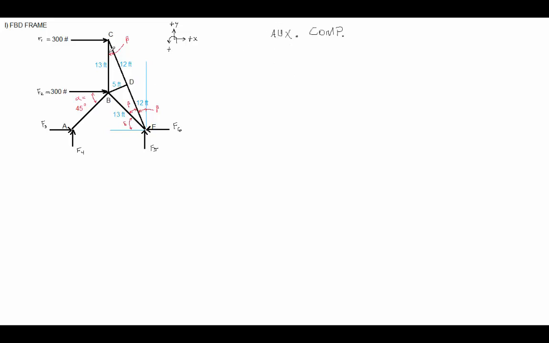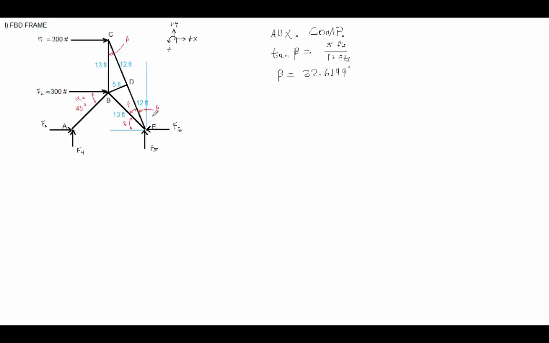So to solve for beta, we've got this right triangle here. It's a 5, 12, 13 right triangle. And so I can say that the tangent of beta equals opposite over adjacent, so that'd be 5 over 12. And then we'll find that beta equals 22.6199